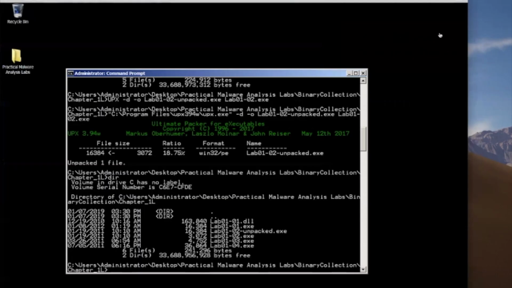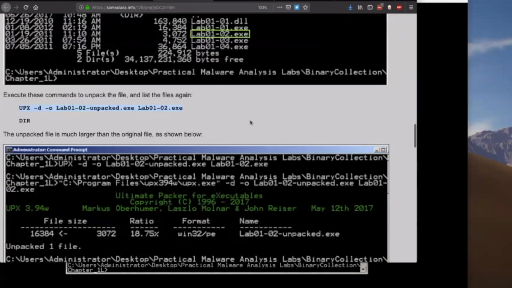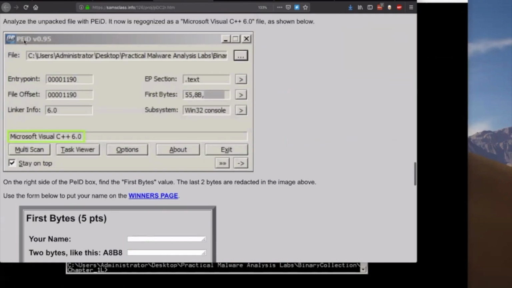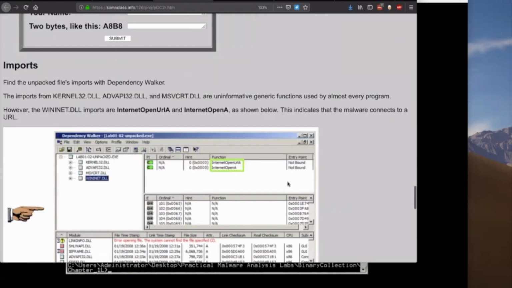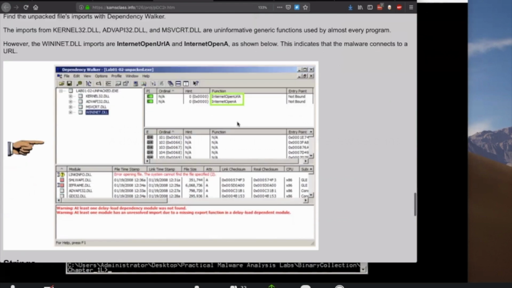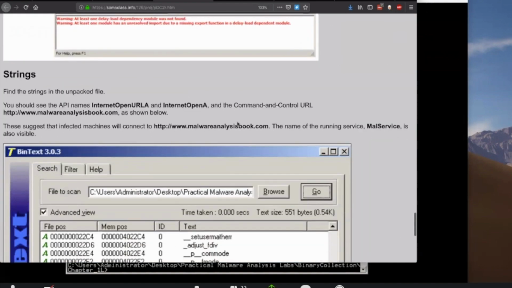Let me go back to my instructions and see what I'm looking for here. Yeah, and now if you run PEID on the unpacked file, it'll tell you it's Microsoft Visual C++. It's no longer hiding it. And if you look in DependencyWalker, you'll see Internet Open URL and Internet Open A, as we saw them in the strings, showing that it is opening a